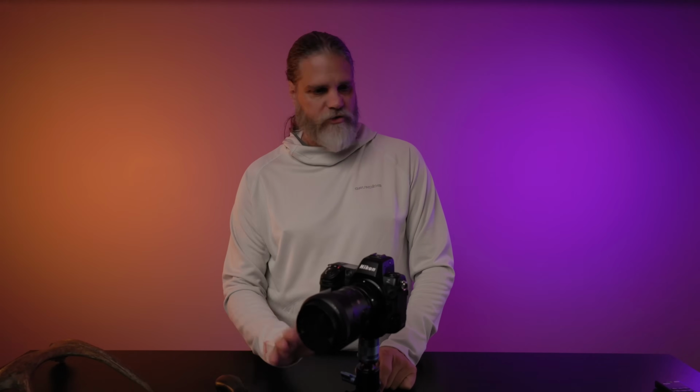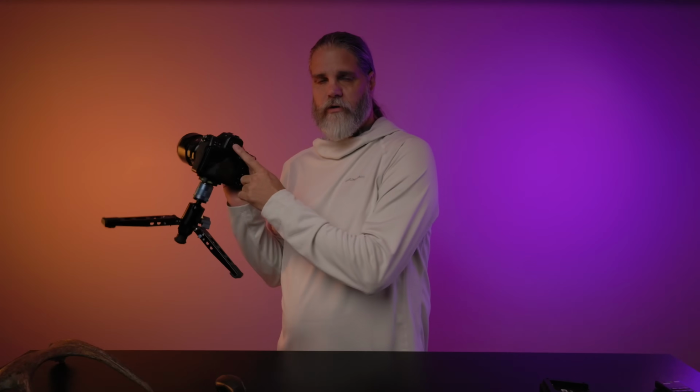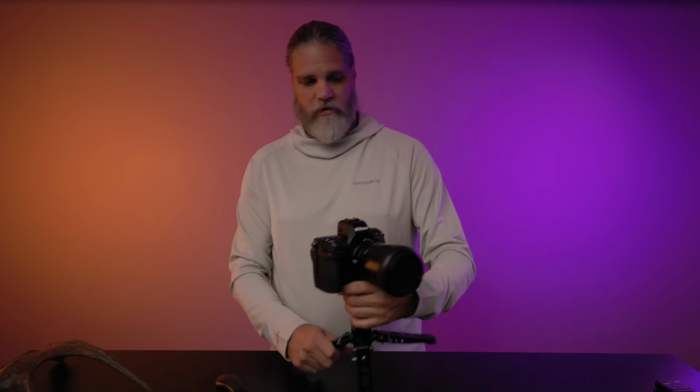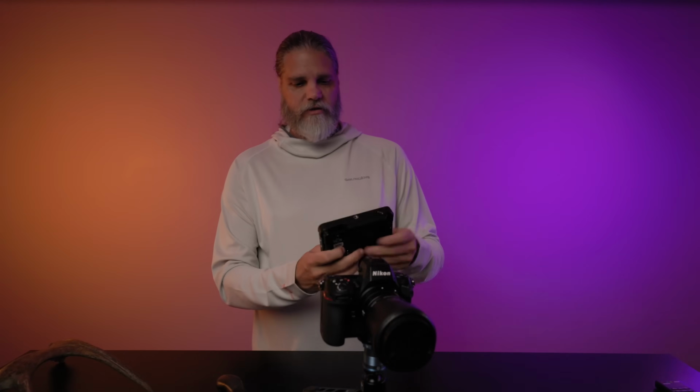So that's one positive I forgot to say about this camera and all Nikon cameras. If you hook up an external monitor, like the Atomos here, you can still see through your LCD and the EVF, and also see through your monitor. But with Canon and Sony, once you hook this guy up, you can't see through your LCD or your monitor anymore. You can only see through that monitor,